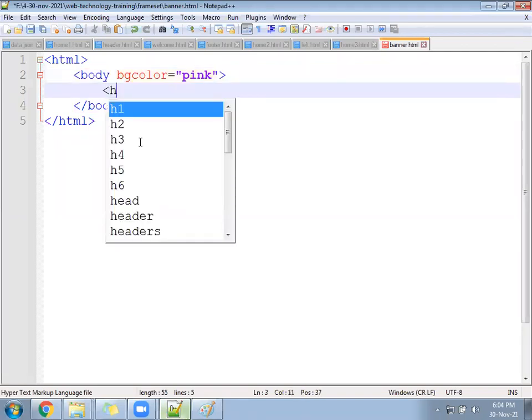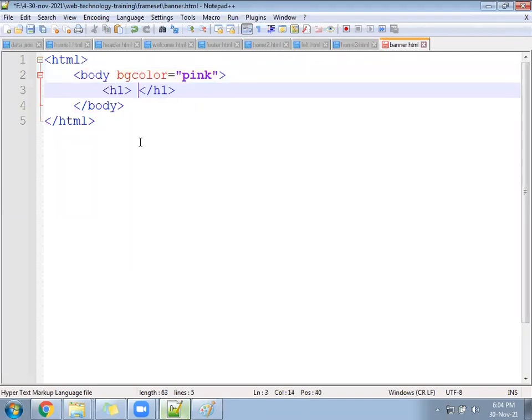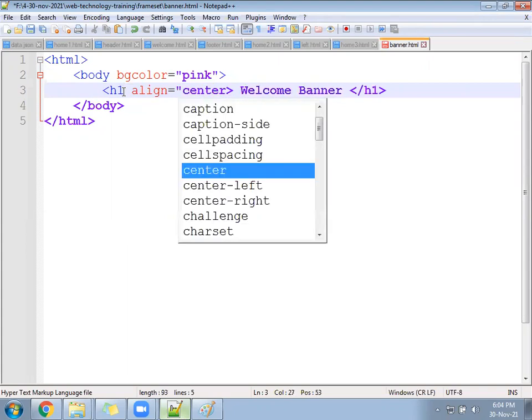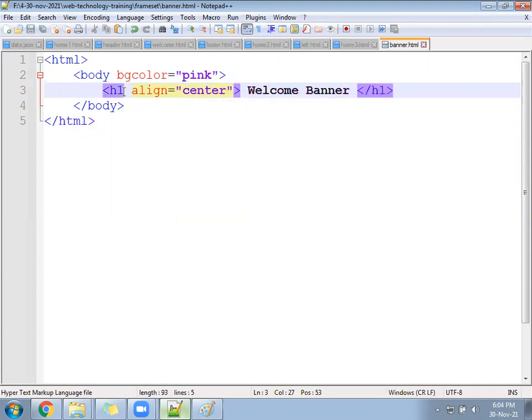H1 is written inside: Welcome banner. Align as center.